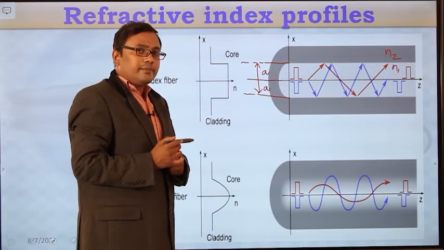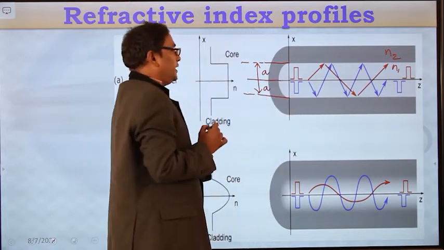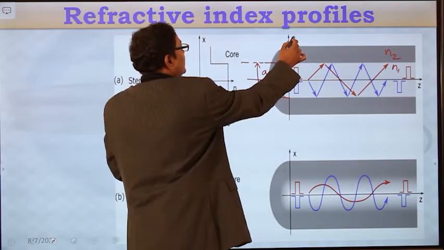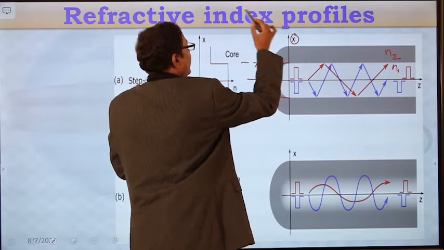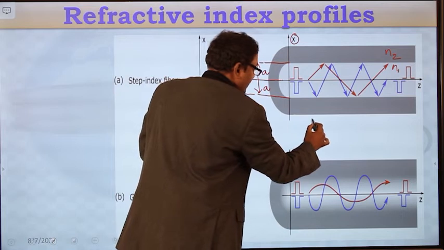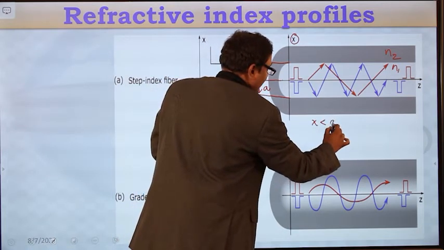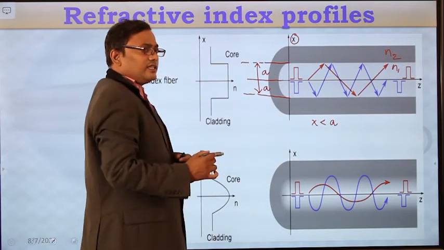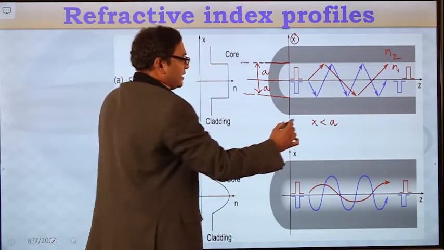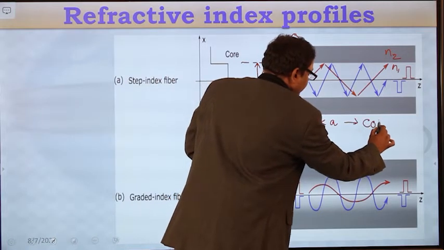Then what is the core diameter? Core diameter d is equal to 2a. And now consider this x as the radial distance, and whenever this radial distance x is less than a, which material is being represented? It is representing the core medium.